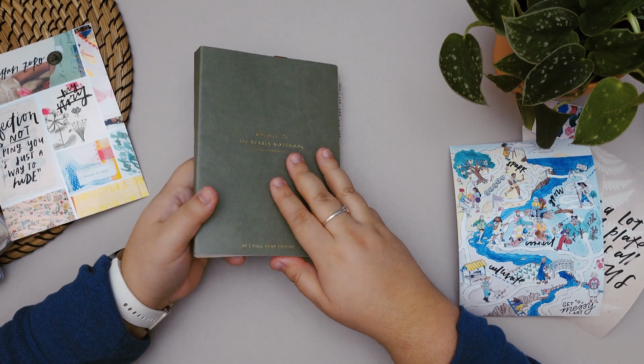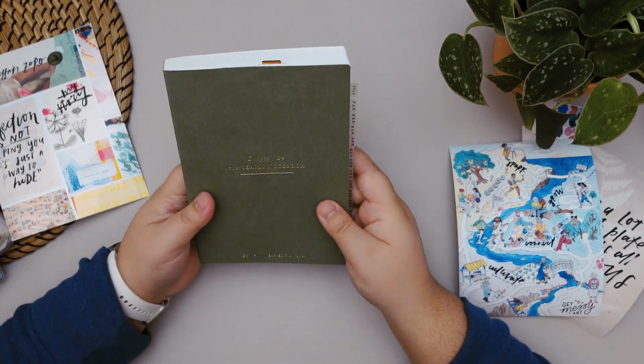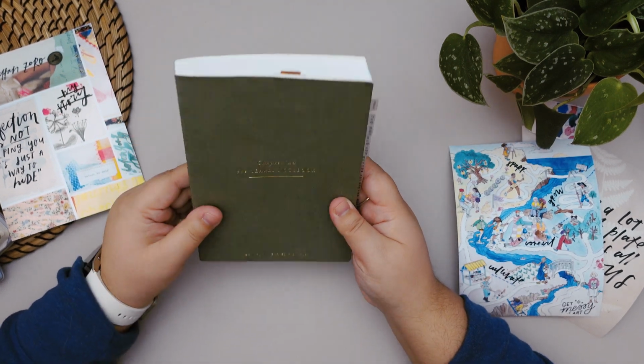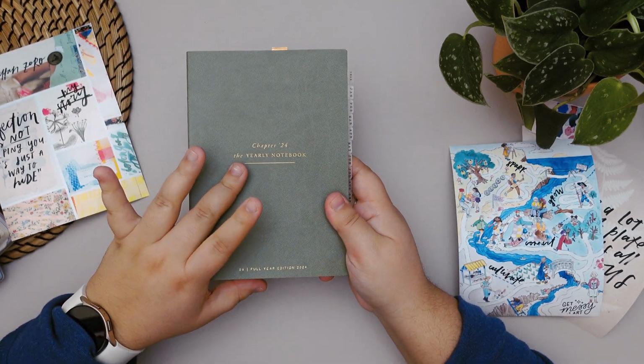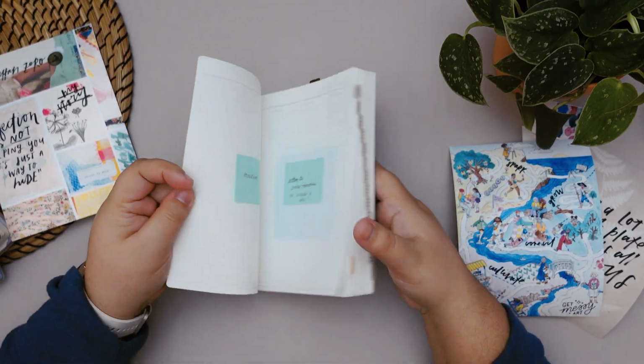I would have kept it on for you guys to see, but I hate the glare that happens with the overhead light, so I took it off. Maybe at the end I'll go ahead and just put in a clip of what it looks like. You guys can get an idea. So now that being said,